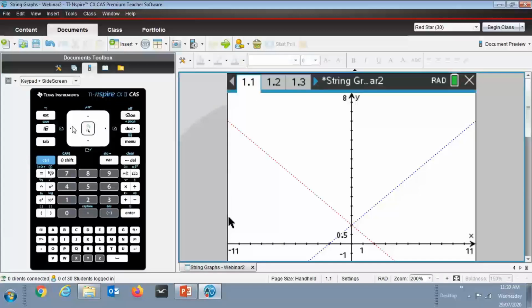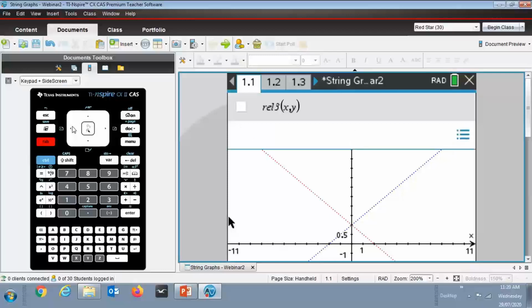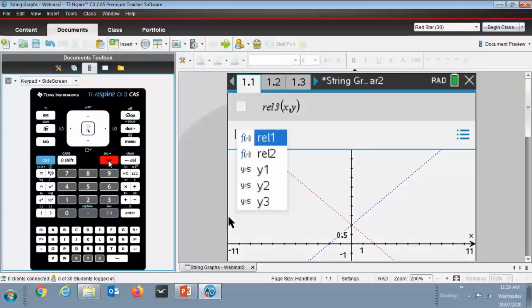Well, you'll remember that we put those in as relation 1 and relation 2. If I press tab, it's ready for my next relation. And we've already got them saved, so there's no need to type much in here. We just are going to put in y1, then y2, and then y3. You will remember from last week that even if you don't want to type in y1, you can grab them from the variables because it's been saved here in the variable key. I go over here, I select y1, press enter,